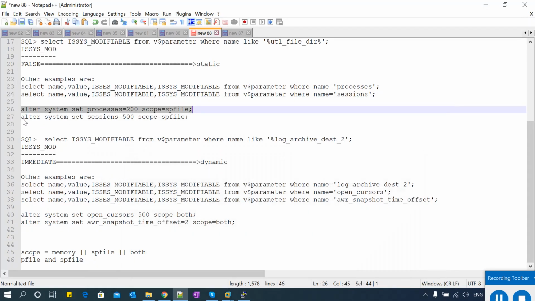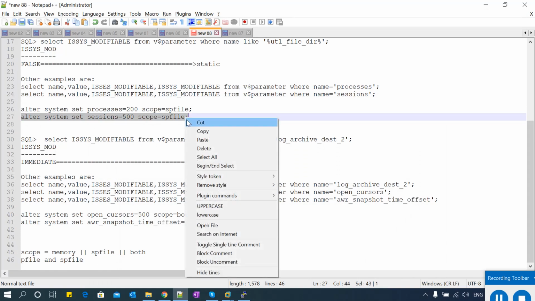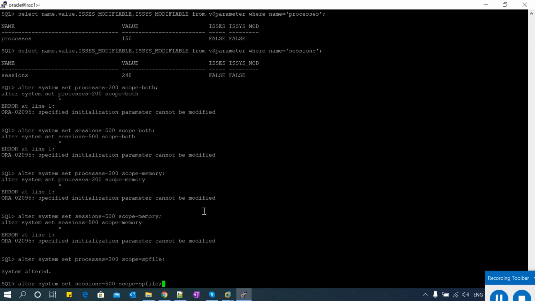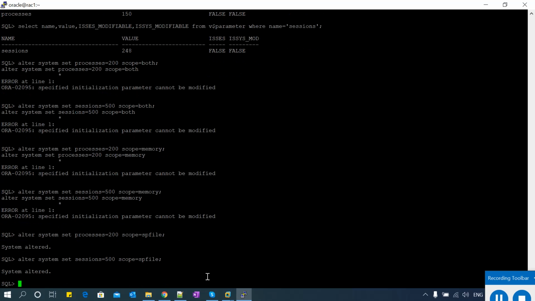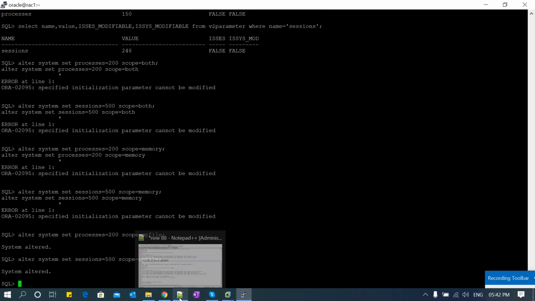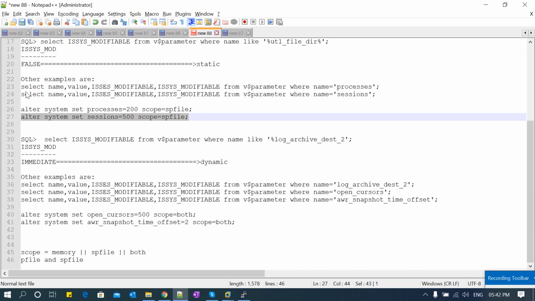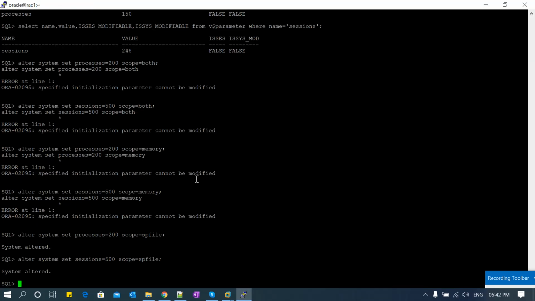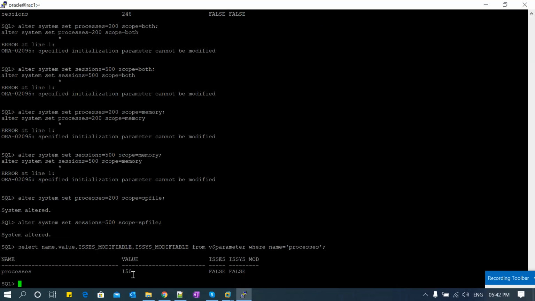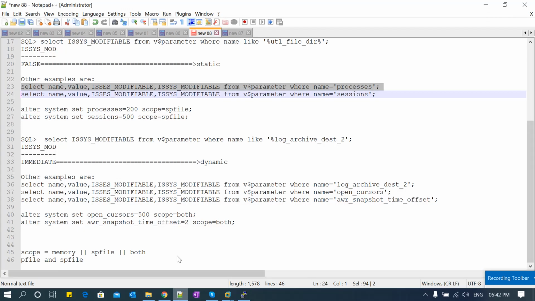Then I will do it for others as well. See, again system altered. So now it means it has updated only in the sp file, but it is not in effect right now in this current running database. If you query it back, you won't find the new change. See, I made it 200, but still it is pointing to 150.